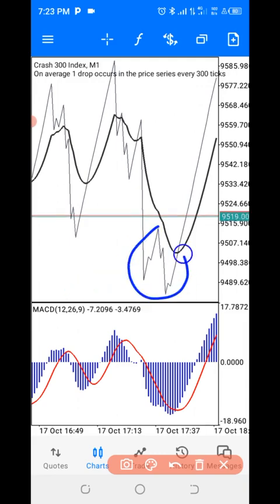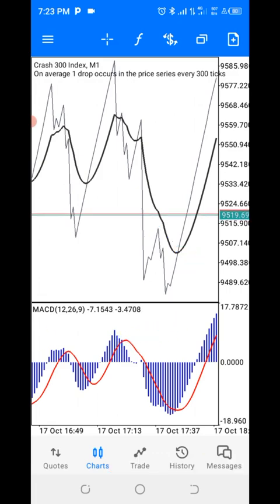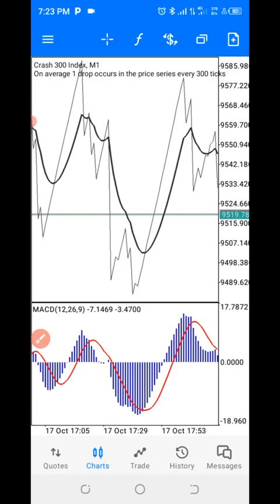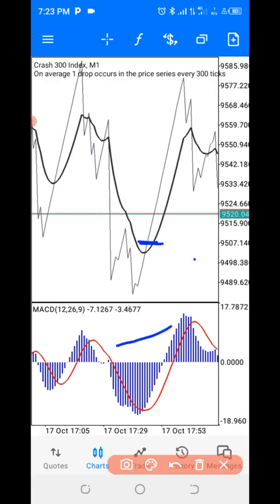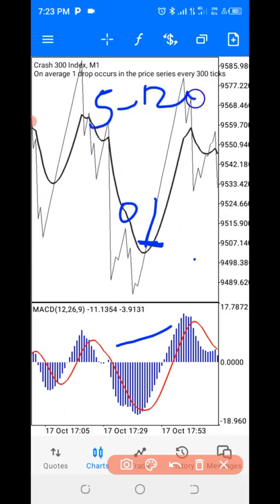So you have your W, and from here you can enter for your buy. That's the first confirmation. Then the second confirmation is that the moment you are entering for a buy, it must be above the second leg. If you want to enter for a buy, price must be above this moving average. Once price goes above this moving average, you can enter for your buy, and you can take your 5 to 20 candles, depending on your account size, depending on your equity.